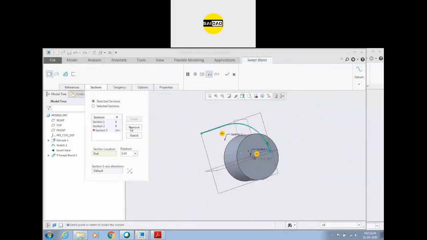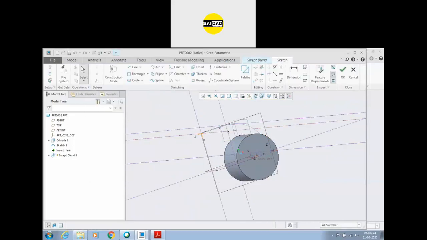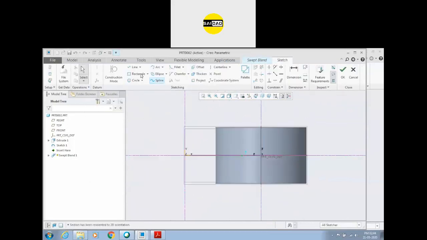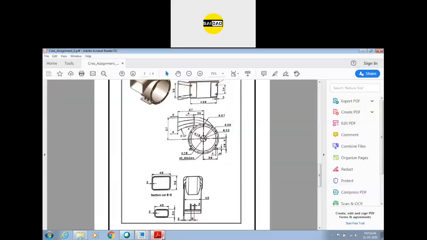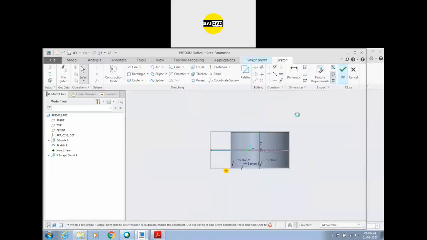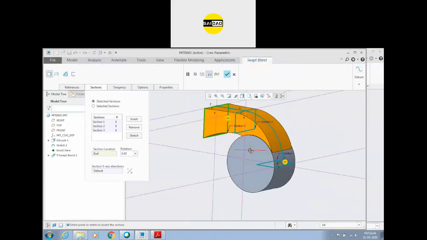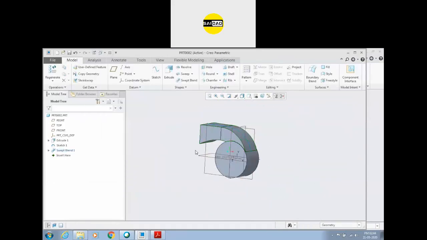Now go to the insert, create a sketch at the end, that is rectangular shape again, and that has a value of 48 by 35. Okay, 48 by 35. Just click OK, and this is the shape. Click OK